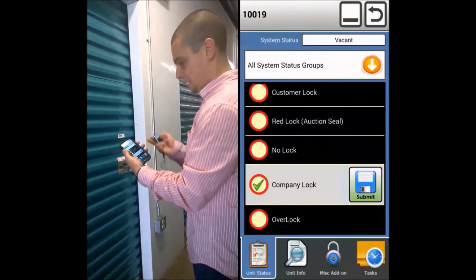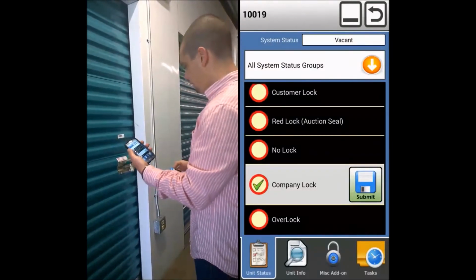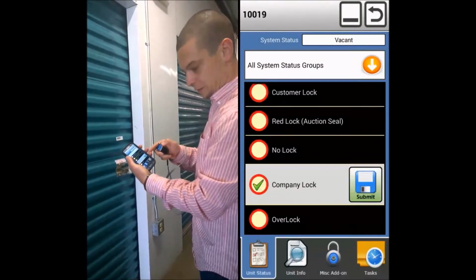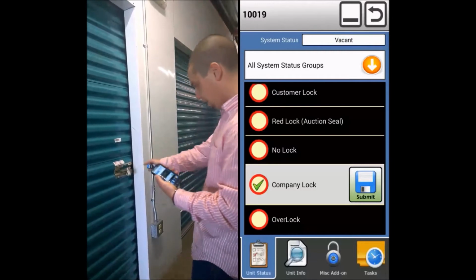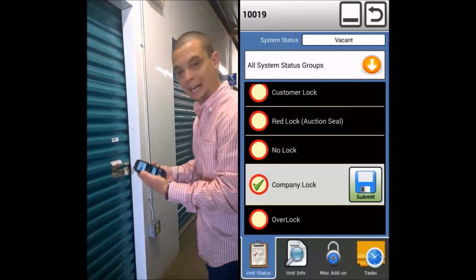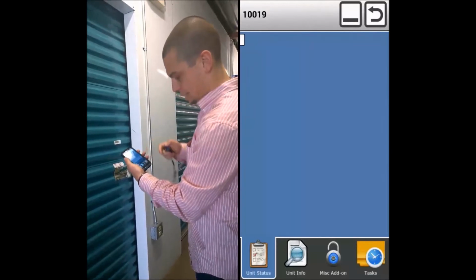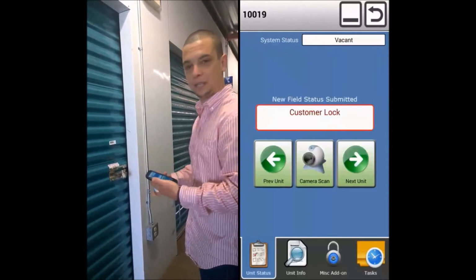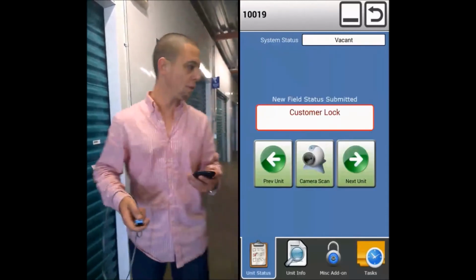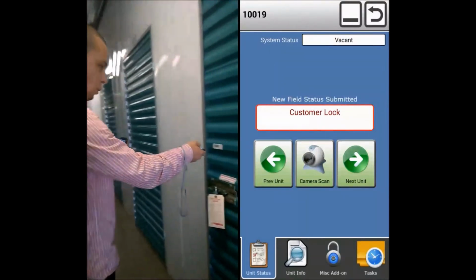Nice and simple. I notice it says it's vacant on there, and actually the last field set says company lock, but I'm looking at it and I notice that there's actually a customer lock on it. So I want to update that. I want to say customer lock, hit submit, and I've updated the field status. Very, very simple. We go to the next one, come here, do a quick scan,